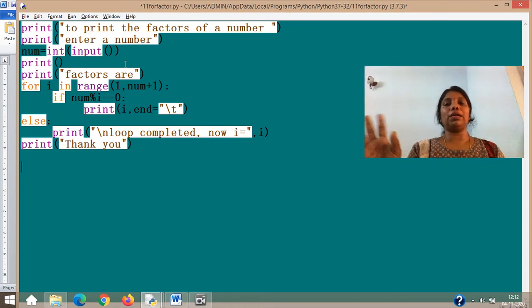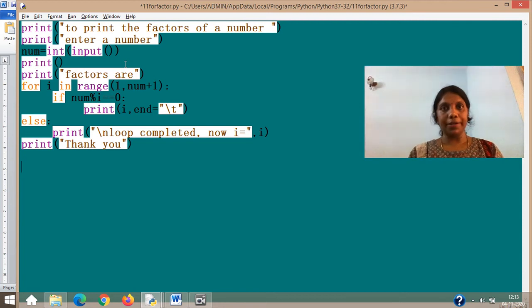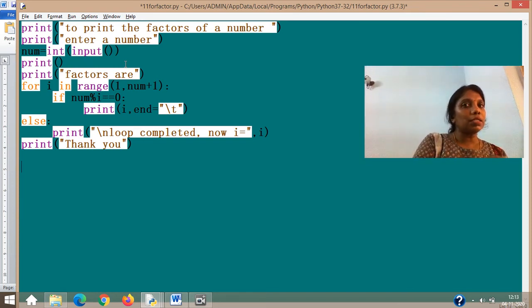Of course, 6 divided by 6 is divisible. Then you'll go to 5, and 6 percentage 5 won't work, but 6 percentage 4 will work. So it is also divisible because the remainder is 0. So whenever the remainder is 0, those are considered factors.